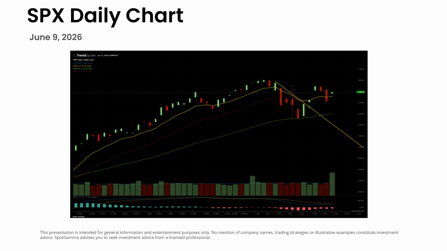This is a daily chart of SPX on June 21st. SPX had rallied from an intraday low of 6316.91 on March 30th to an intraday high of 7620.9 on June 2nd. SPX began to trade lower the following day and continued to make lower highs. On Tuesday, June 9th, shown with a small down arrow on the chart, I expected SPX to continue to move